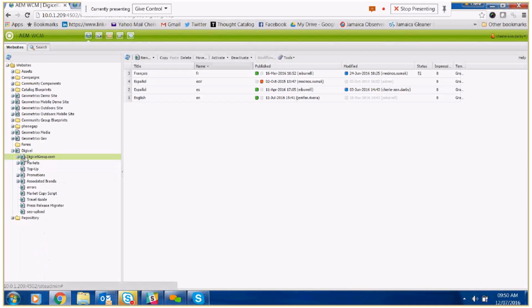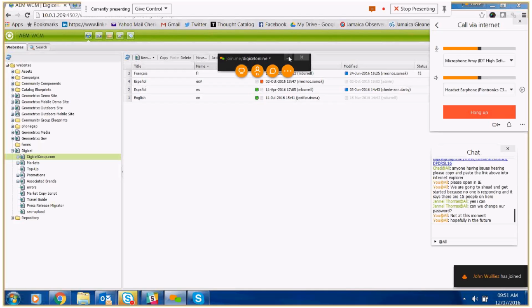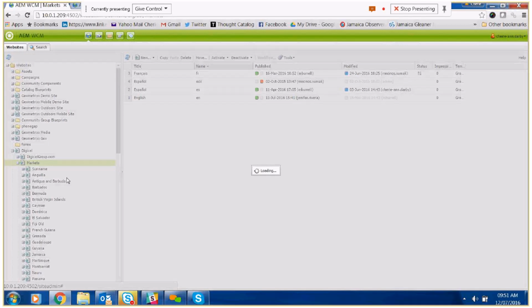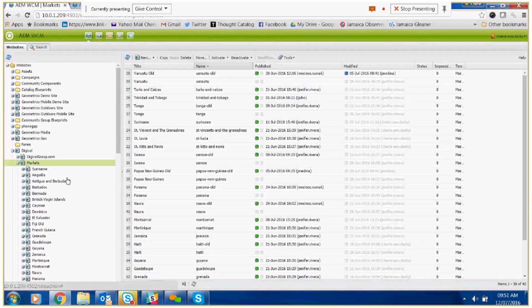Now, when you click on your Digicel, you're going to see Digicel Group, Markets, and a few other things. Within the structure, the sections that you are going to be working on are markets, which is where you find your market, and promotions, which is where you will edit your banners for your main website carousel. For the most part, no one's going to be editing content for Digicel Group, and you will only have access to edit content in your market anyway. So that's something to note, that while you may be able to see another market's content, you cannot necessarily edit content in another market. So just to recap,